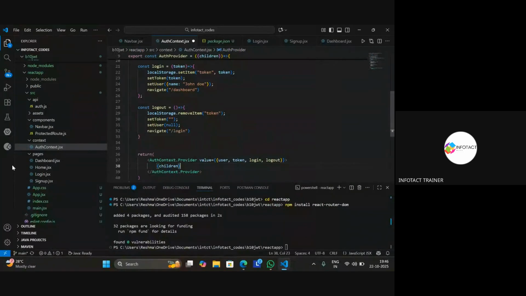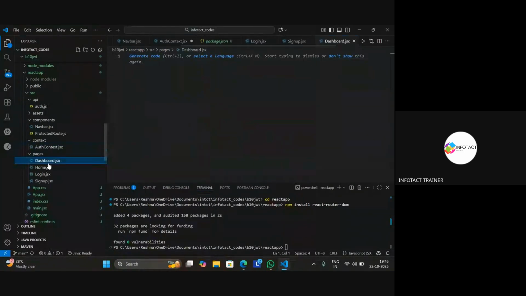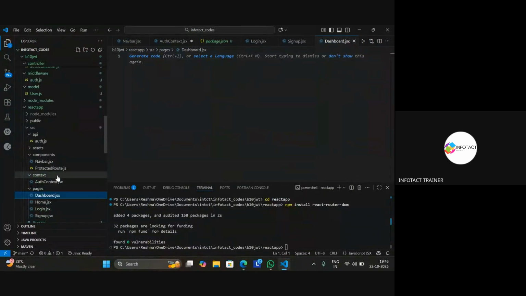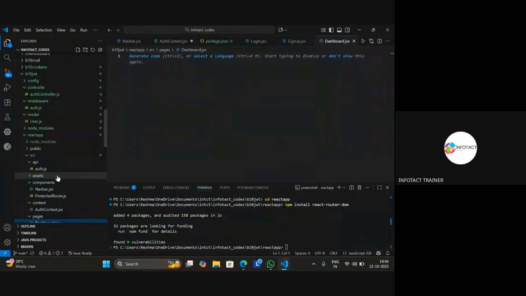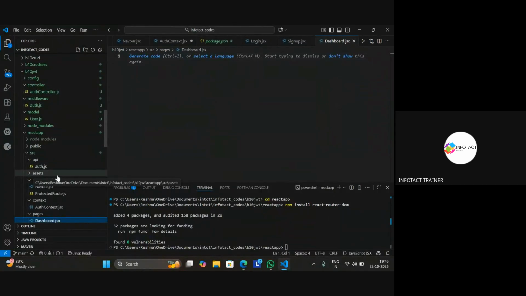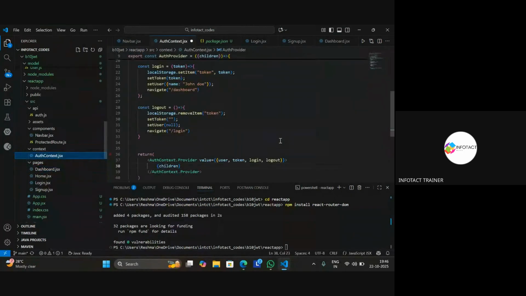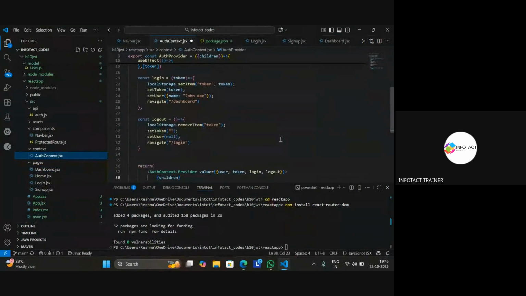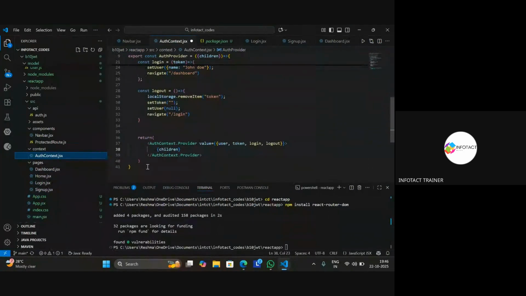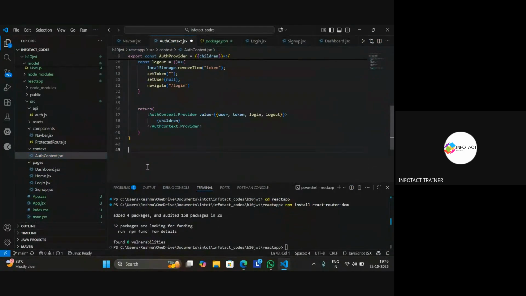Now, depending upon where we want to use them, we can use those props inside any pages. And you will understand it in a much better way once we implement the actual use of prop drilling. At that time, you will understand how createContext and useContext are actually helpful in order to prevent the prop drilling. And after that, we'll just have to write export